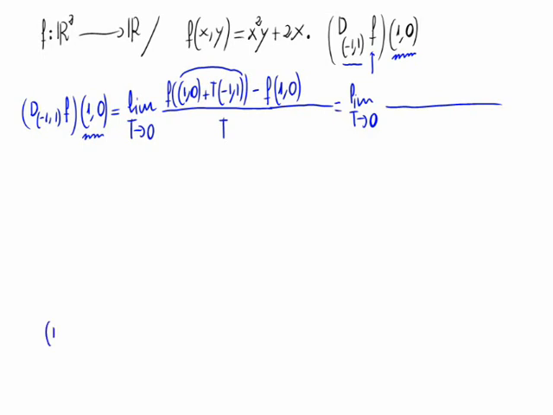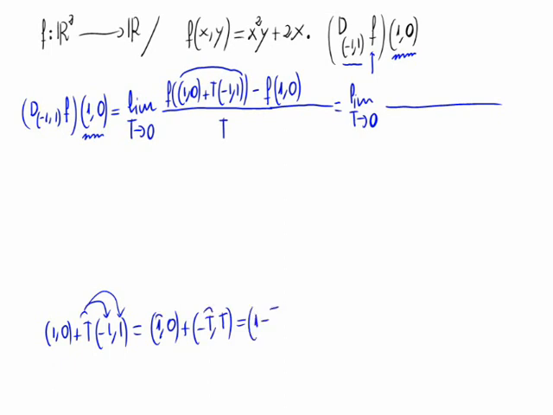(1, 0) plus t times (-1, 1). This would be (1, 0) plus t times (-1, 1), equals (1, 0) plus (-t, t), equals (1 minus t, t). So in the numerator we would have f of (1 minus t, t) minus f of (1, 0)